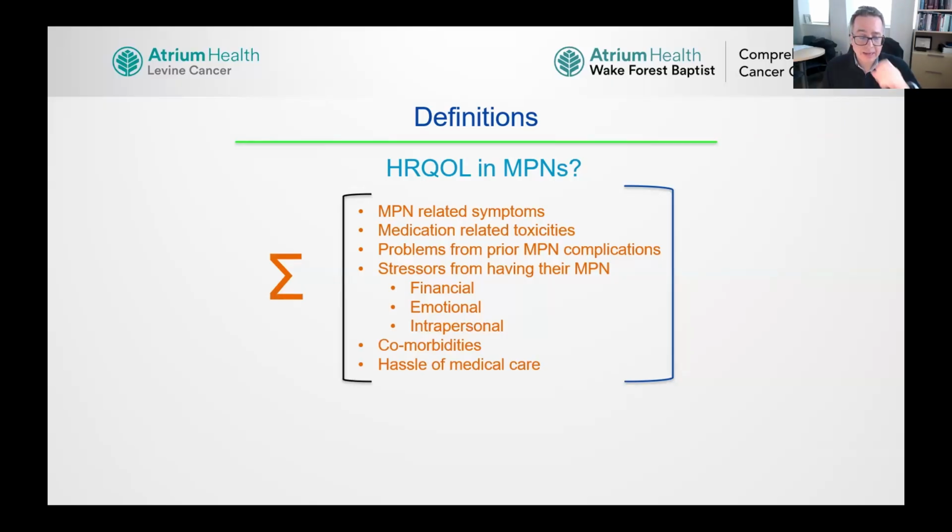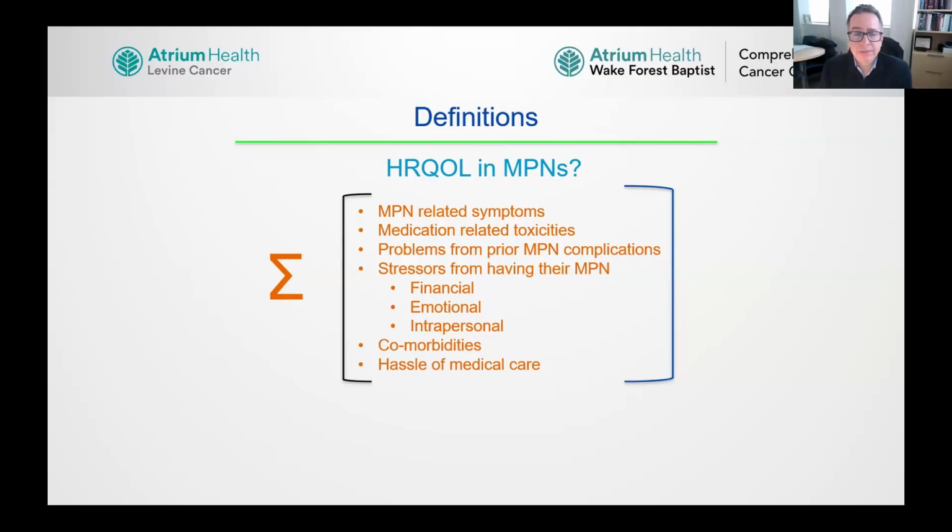Comorbidities themselves can obviously contribute to the symptom burden, and sometimes it's hard to tease out whether a comorbid condition might be driving a certain symptom burden rather than the MPN, or the relative contribution of the MPN versus the comorbid condition. And then actual complications like, for example, clotting in the abdomen, splanchnic vein thrombosis, that can contribute to